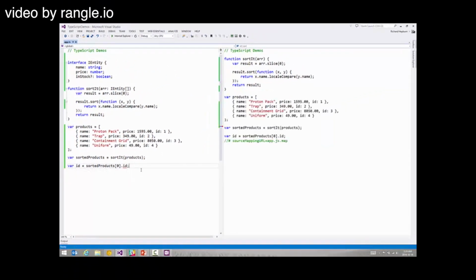Technically it is in JavaScript because those object literals that are being returned here actually do have an ID property, but TypeScript is not aware of that. So how do we fix that? We can fix this by using a feature that TypeScript adds over and above what JavaScript's capable of providing, and that's generics. So let's modify the sorted method here to say that it takes a generic type T,